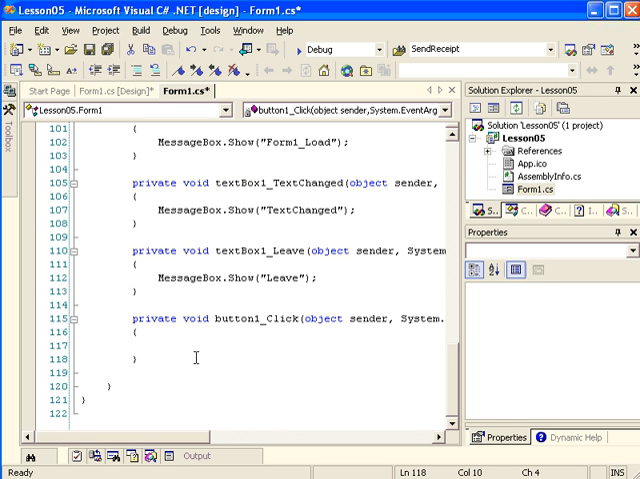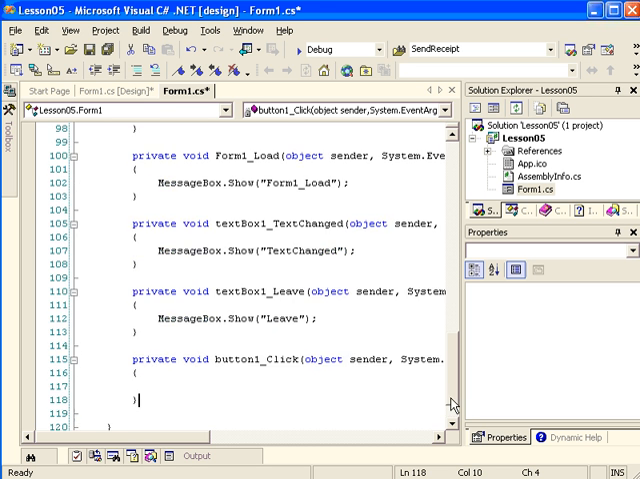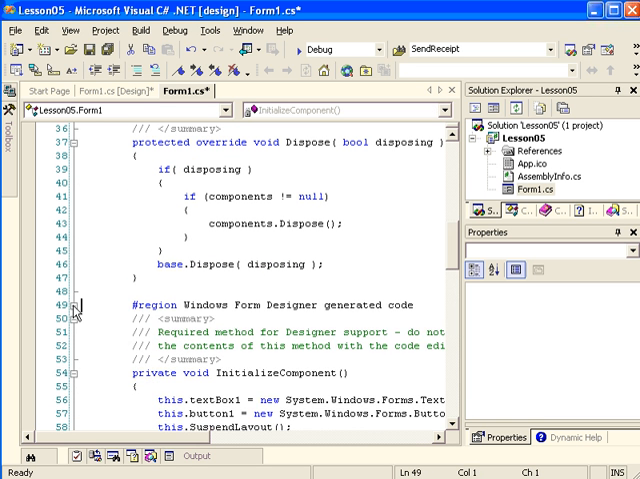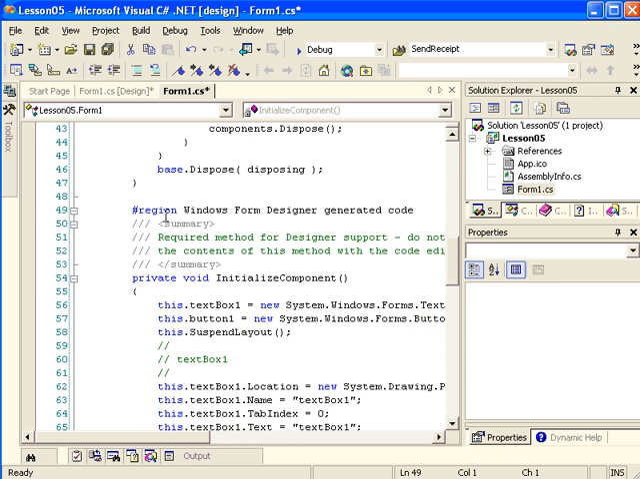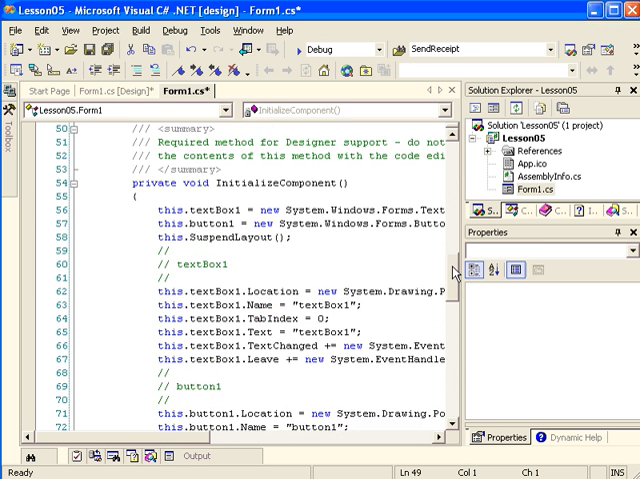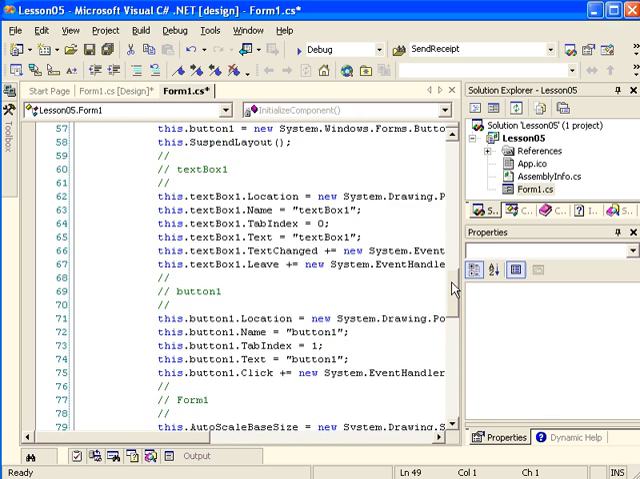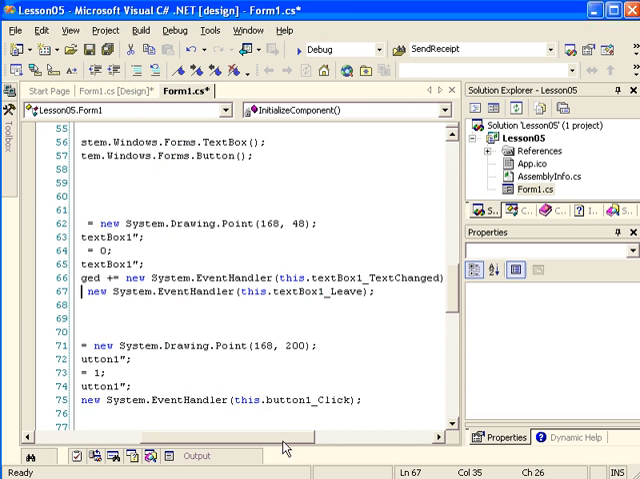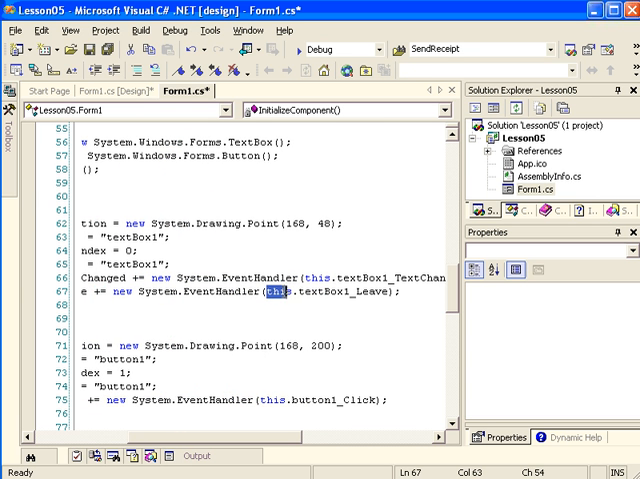There's also one other piece of code, and that is the registration of that event with the application. And so I clicked open this region, Windows Form Designer generated code, and you'll notice here that, for example, this textbox1.Leave, and then there's this plus equals new System.EventHandler, and then it passes in an instance of this